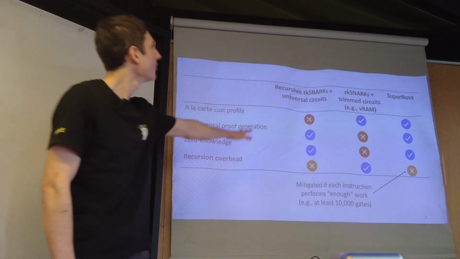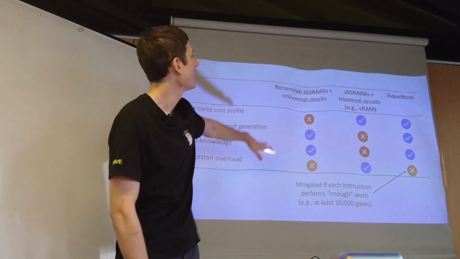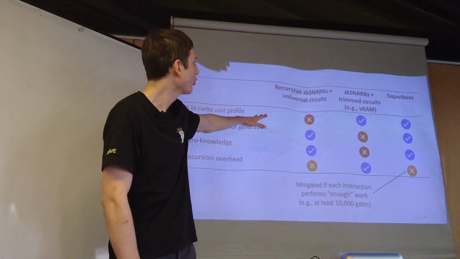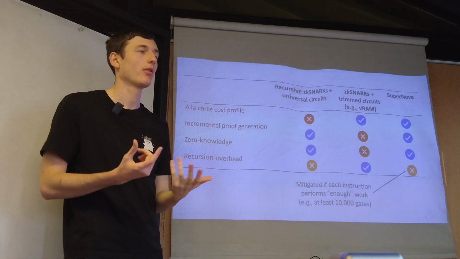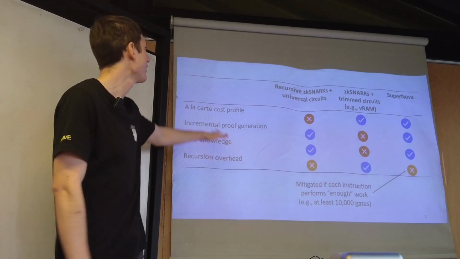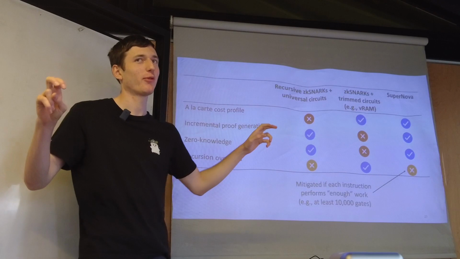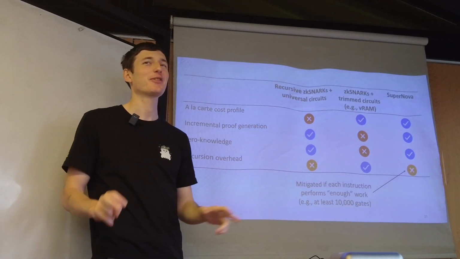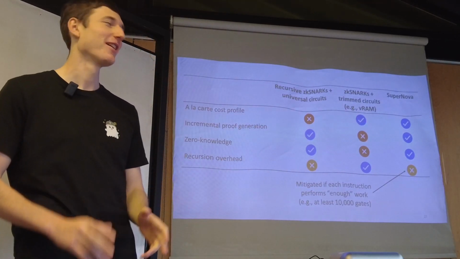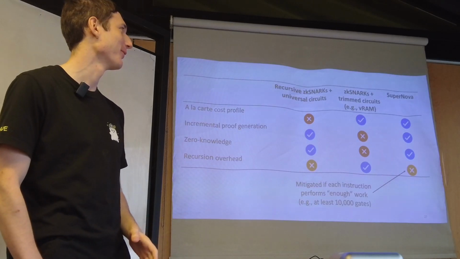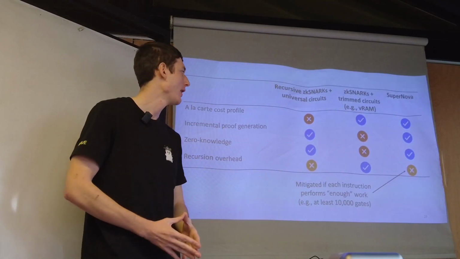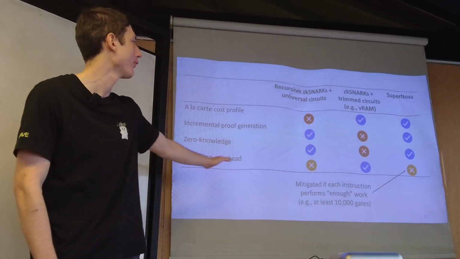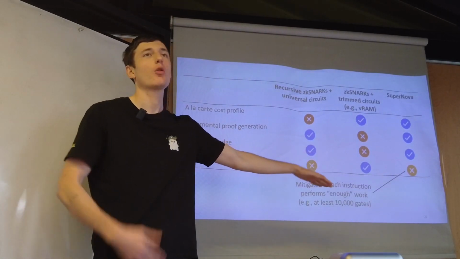As you can see, it's quite similar to Nova in some ways. The most important thing is basically just an add-on on Nova to make VMs. The most important thing is that you have a à la carte cost profile, which is a very beautiful French expression, which means you can choose whatever instruction you want, and you don't have to pay for the whole set of instructions. And of course, you've got a bit of recursion overhead, which is always the case with